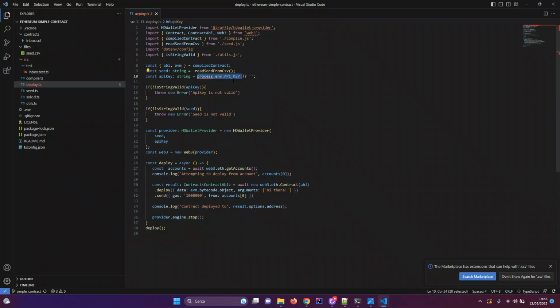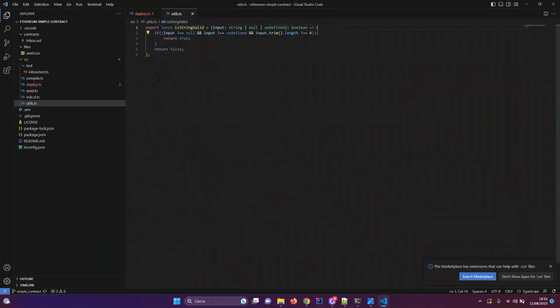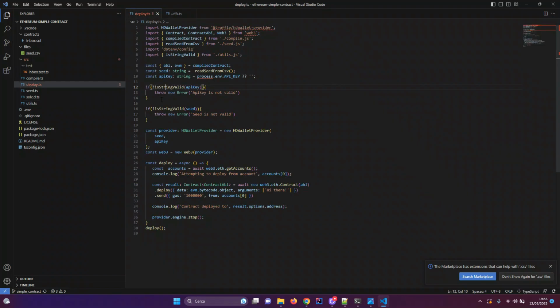Basically, we will make here some basic checks. Here, this is the utils.ts file. We just check that the input is not null, is not undefined, and that it is not empty. And we do the same for the seed to make sure that these variables have some sound value.